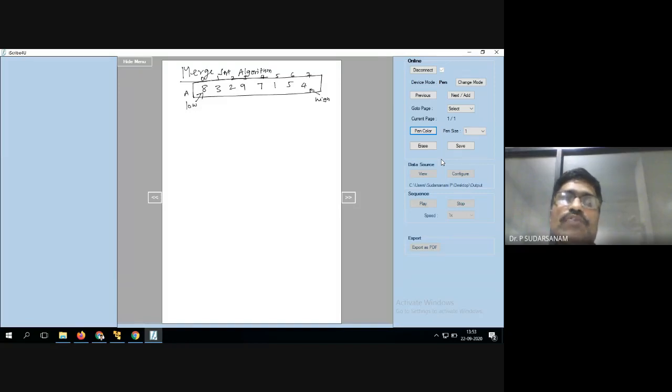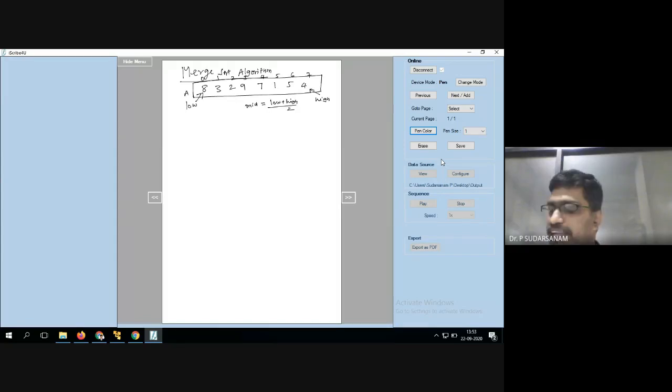Now what I told you is, divide and conquer is nothing but the problem being divided into two parts. To make the two parts, you have the locations and you want to find the mid location. I'll call it mid. Mid is equal to low plus high divided by 2. Now the low is a location, not the element. If it is the location it means 0, if it is the element it means 8. That is what you have to remember.